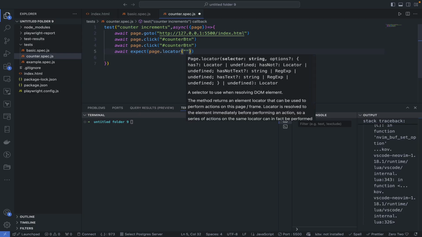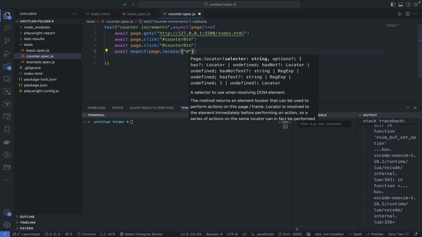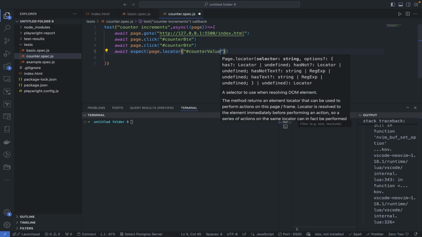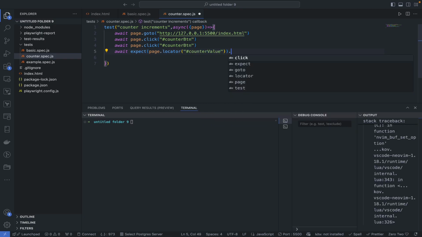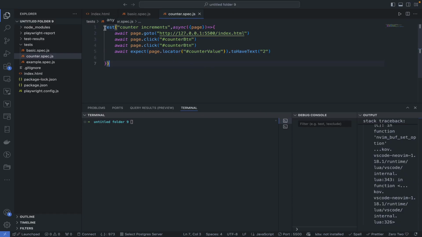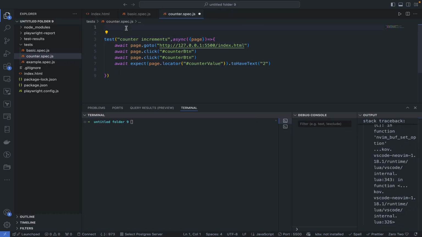We're going to locate that counter value, which is basically the value that it should be. So we're going to say counter value, and we expect that counter value to have text of 2, right? Because we click the button twice, and we expect the state of the page to be 2. And since this is a separate file, we have to import those functions again: test and expect